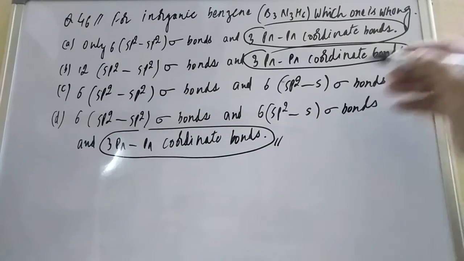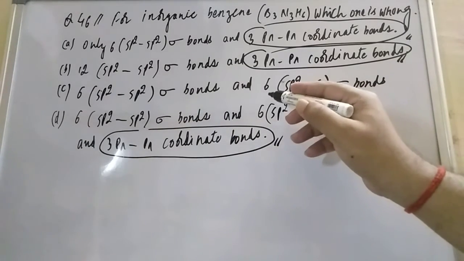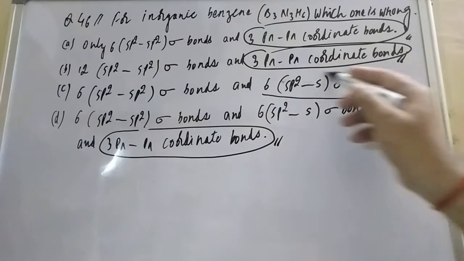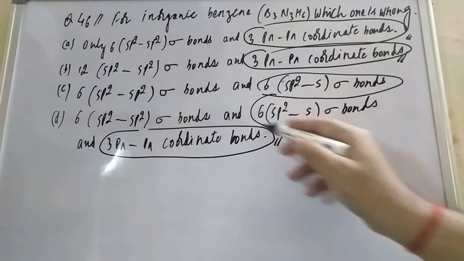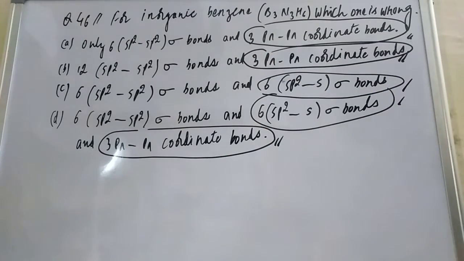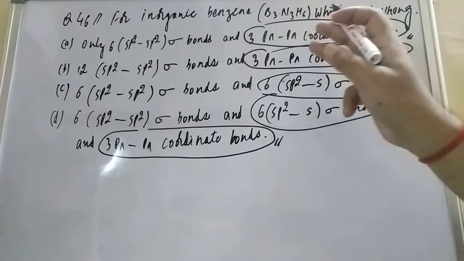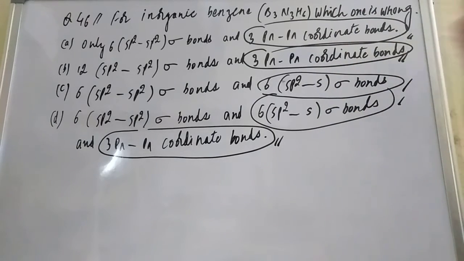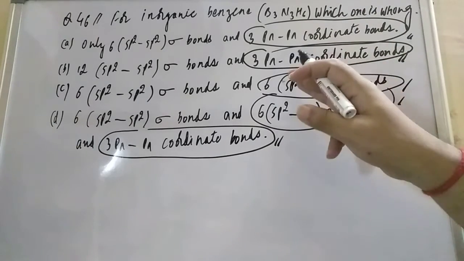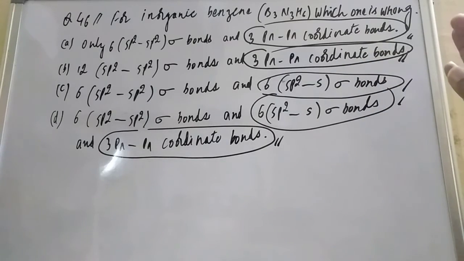So these three options are there. For coordinate bonds there is no need to check. What we need to check here is, with the short trick we are applying, here are 6 sp2 sigma bonds, here also, so we have to go for this one, sp2 sigma bonds, and check how many sp2 sigma bonds are possible. For the coordinate bond we cannot say anything. Coordinate bond is correct, coordinate bond is correct, sigma sp2s bond is correct, because two options are there and both cannot be wrong.